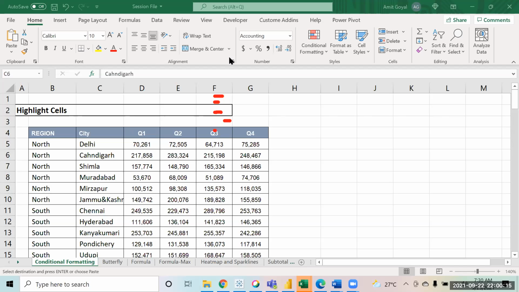Shall I share it on a Google Drive link? Yeah, sure. Let me share the Google Drive link of that. Just a second, I will share.